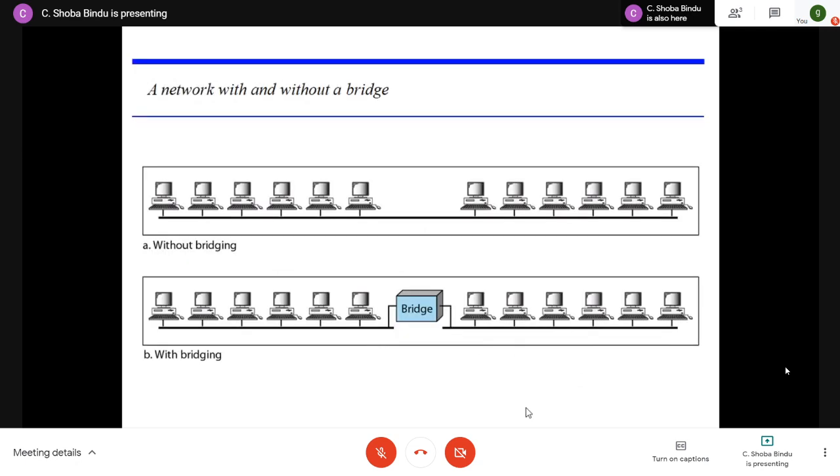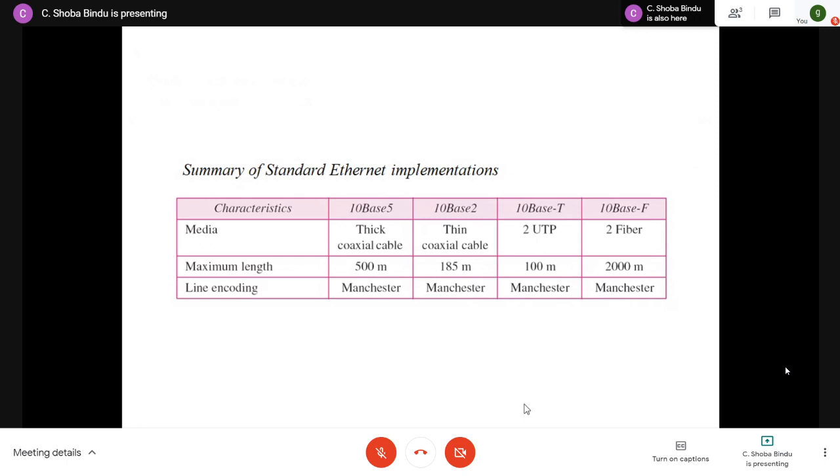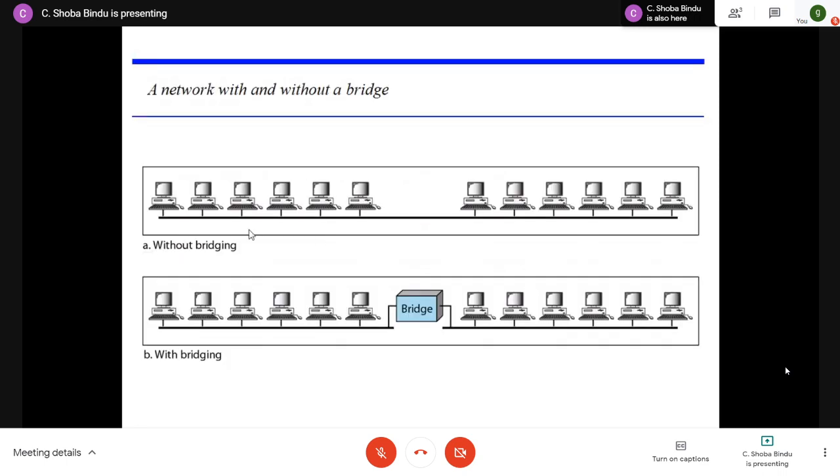Before they went for the fast Ethernet and the gigabit Ethernet, in order to achieve better utilization, what they have done here is, when you connect various nodes, you can see that there are 12 nodes connected over a single LAN, and hence the collision domain is the entire LAN. That is, even if one node transmits and another node wants to transmit, there will be a collision. So in order to reduce this collision domain, they have introduced the bridge,